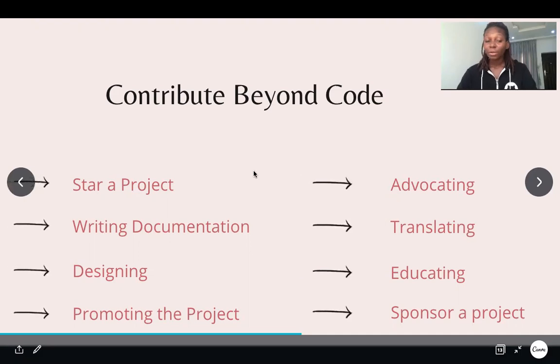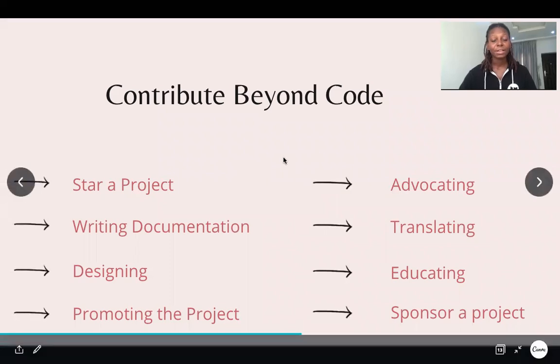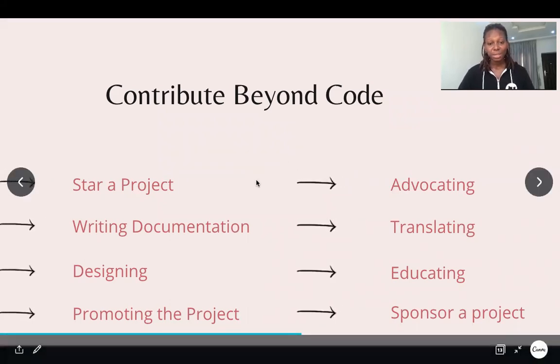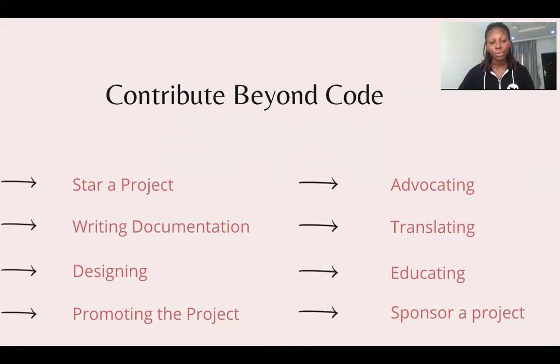And another way of contributing to open source is writing documentation. So if you're good in technical writing or you're good at words and you want to contribute to open source, documenting is also a way of contributing, because open source code is built in such a way that someone who doesn't have a technical background might not be able to understand it.